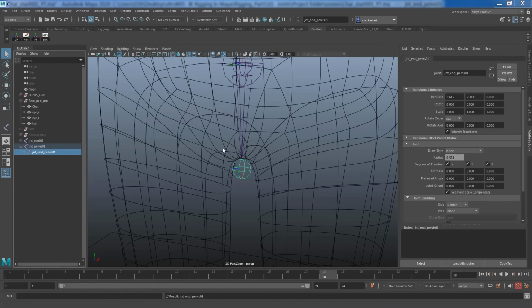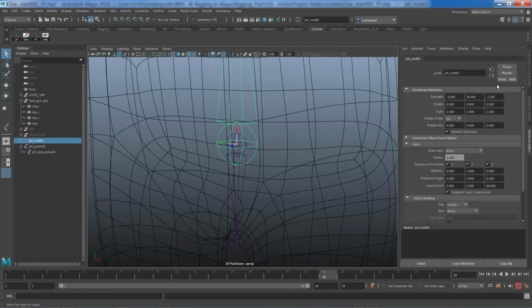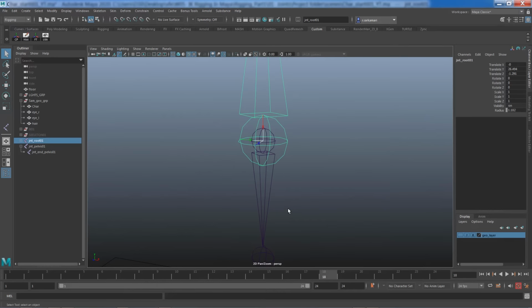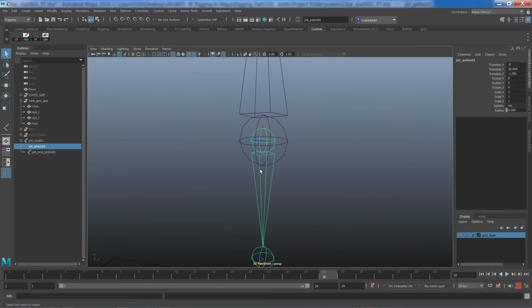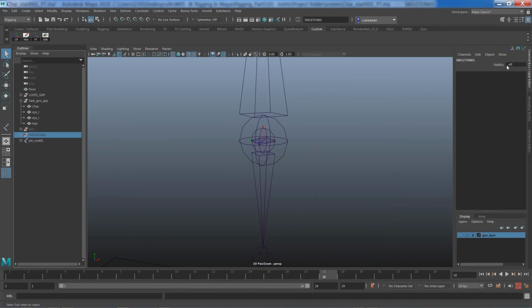Let's make the connections. Let's connect the pelvis to the root. So I'm going to select the pelvis, which is the child, shift select the root, which is the parent, and press P. Now pelvis is part of the root now. Let's do the same thing for the thighs. I'm going to bring back the